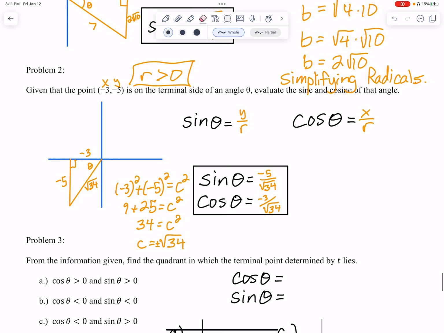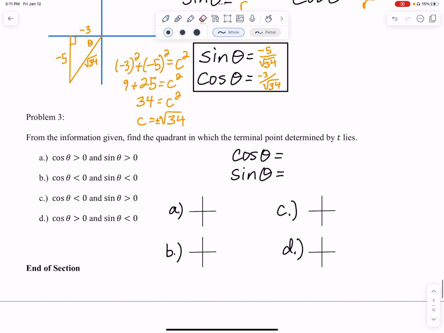All right, we have one more. I like these. I enjoy them. I don't know why. I'm not doing them at home for fun or anything, but let's take